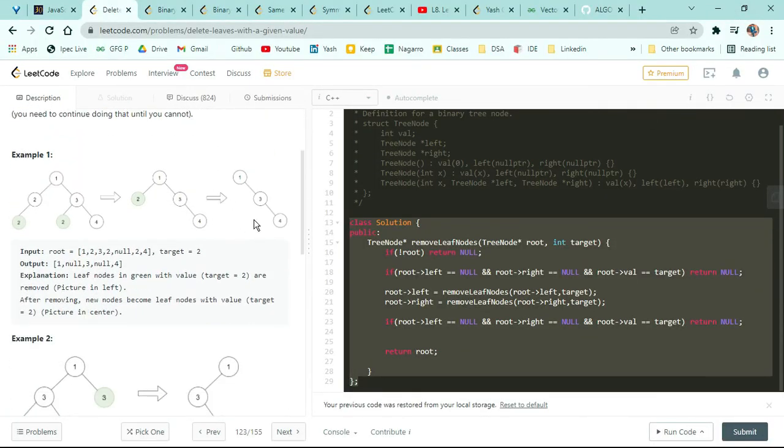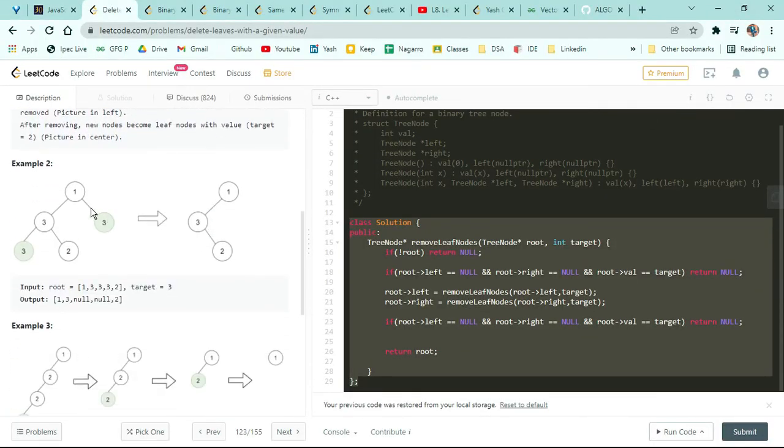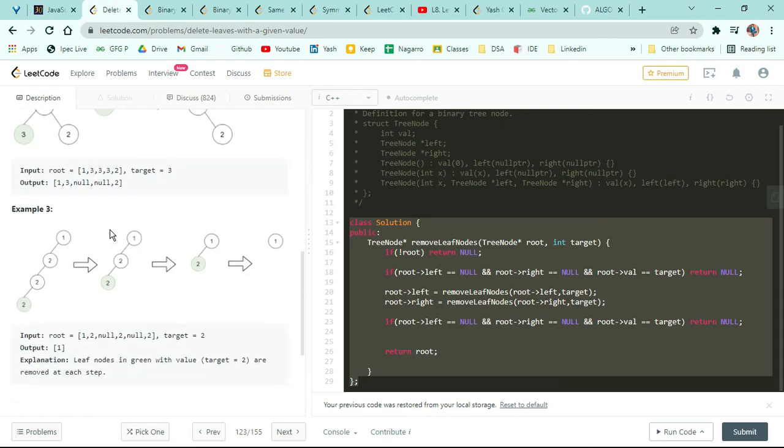ये तो बहुत सिंपल केस था। अब थोड़ी सी प्रॉब्लम होगी इस वाले में, ये वन थ्री टू वाले में, नहीं प्रॉब्लम नहीं, मतलब सारा कोड चल जाएगा। इसमें भी सेम चीज है, इसमें हम ये वाला लेफ्ट तो हटा देंगे बट ये वाला राइट हमें हटाना ही नहीं पड़ेगा। तो इसकी वैल्यू टारगेट के इक्वल है, मतलब हमें थ्री टारगेट चाहिए था, ये है टारगेट, बट हम इसको लीफ नोड नहीं बोल सकते क्योंकि इसका ऑलरेडी एक चाइल्ड है, तो हम इसको नहीं हटाएंगे, तो हमारा जो आंसर है वो वन थ्री टू होगा, क्योंकि ये वाला तो हटेगा, ये तो ऑब्वियसली लीफ नोड है।